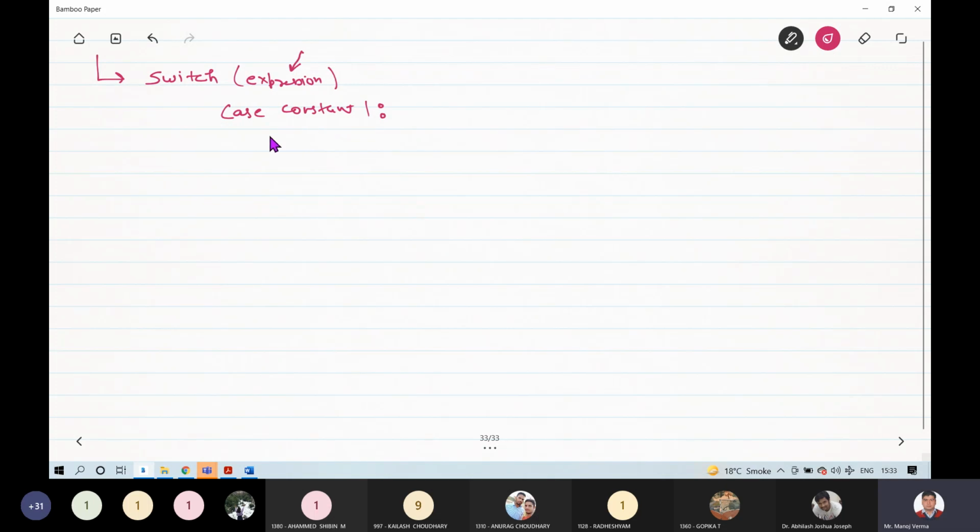Okay, then I can write some codes inside a curly bracket, which I am calling as block 1. Similarly, I can make a different case. And for that particular case, if my user wants to execute that case, then I will write some codes inside the body of this case 2. Similarly, for case 3 also, I can make something like this.